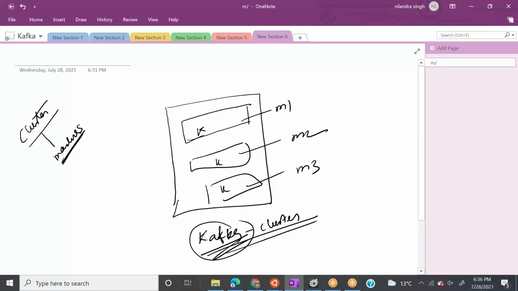Once Kafka is installed on these machines and forms a cluster, these machines are interconnected using some protocols, using some port mapping and all. We call these machines a broker: broker 1, broker 2, and broker 3.